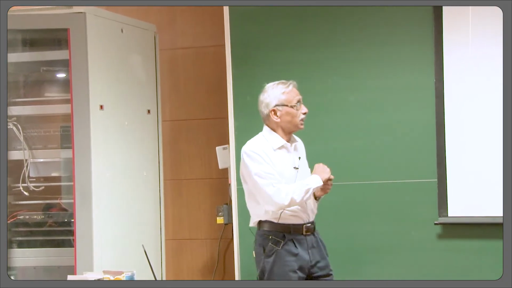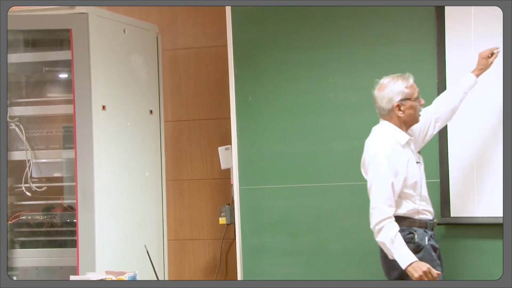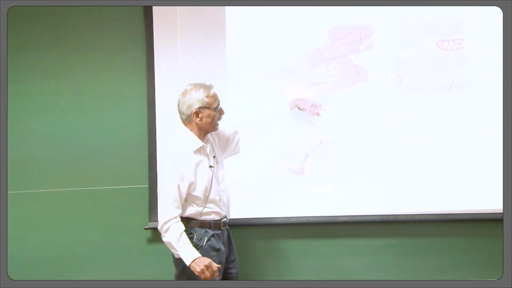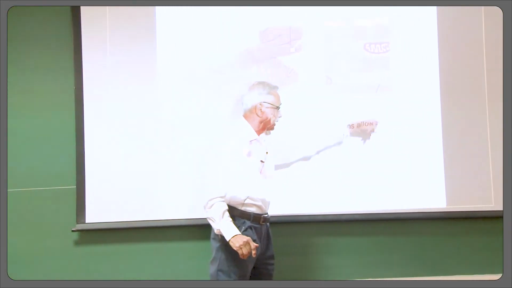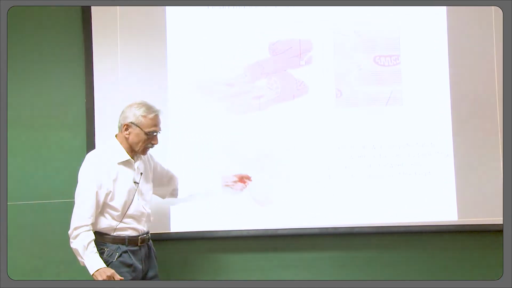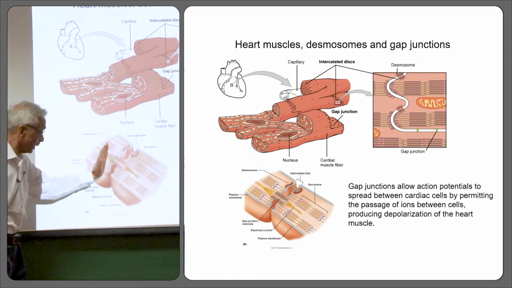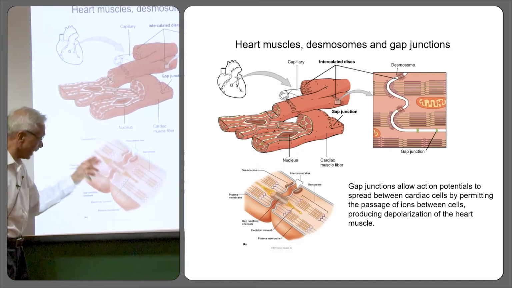But this image is again very interesting because I take a tiny piece of the heart, I can blow it up and I can see the cells, I can see the intercalated disc, and along the intercalated disc I can see the gap junctions. Here you see a magnified view. So there is one cell, there is another cell, there is the intercalated disc, there is a gap junction,